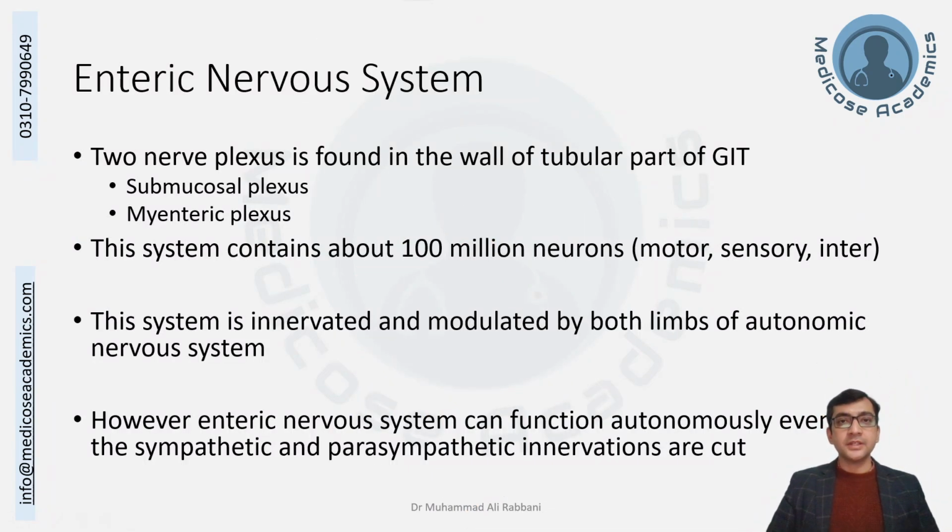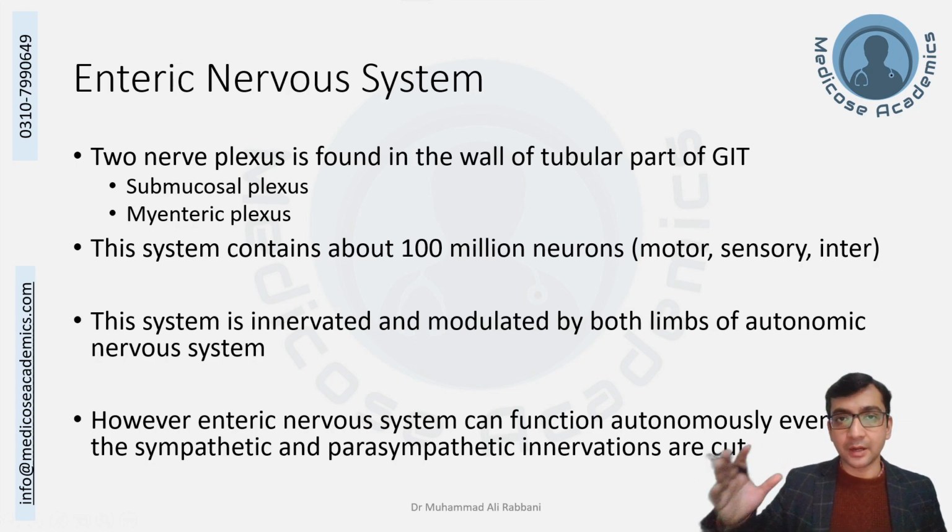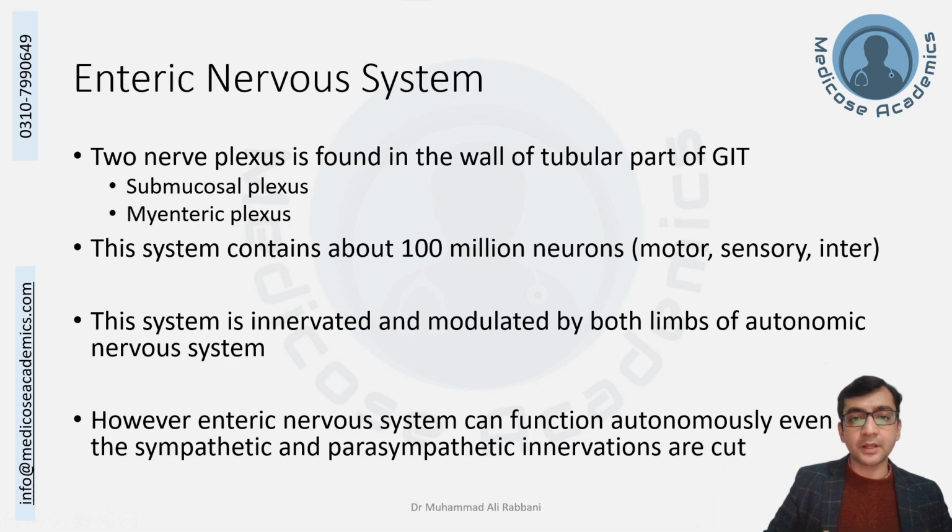In the small intestine, in the digestive system, the nerve plexuses that are reaching are very well organized into two plexuses at two levels: in the submucosal layer and between the muscle layers, that is the myenteric layer. So there is the submucosal plexus and there is the myenteric plexus. This is a very extensive system containing about 100 million neurons. There are motor neurons, sensory neurons, and interneurons, and it contains lots and lots of postsynaptic parasympathetic neurons. They get mostly input signals from the presynaptic parasympathetic and postsynaptic sympathetic neurons, and